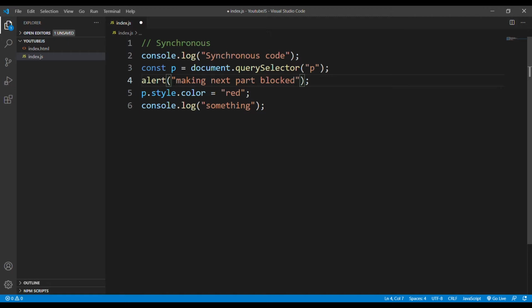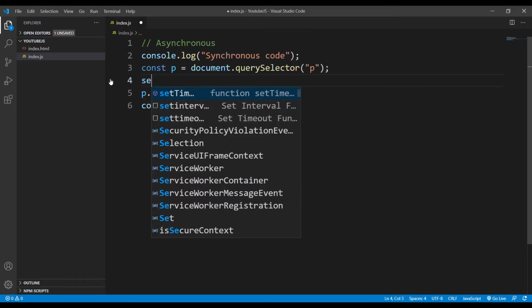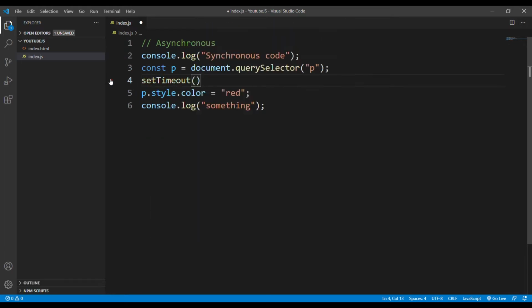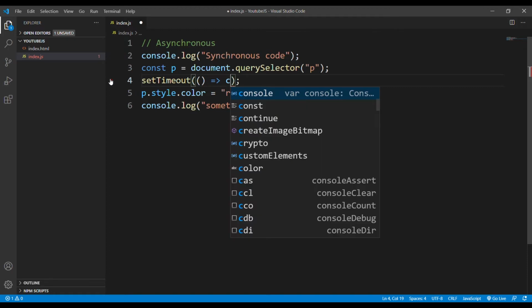Okay. Now I will just change this example to asynchronous code. And I have written the setTimeout function. This will take a callback, console.log.